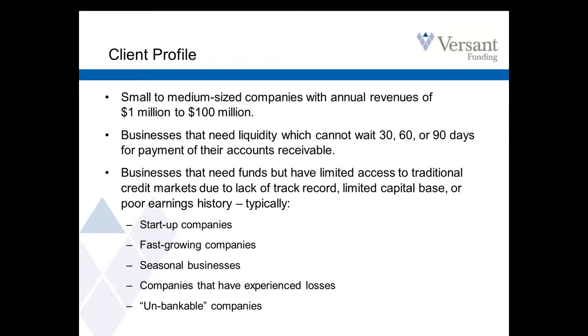A lot of our clients, the reason they're not bankable is because they're in some form of distress. Revenues might be trending down. They might be experiencing losses. Maybe they're in the process of going